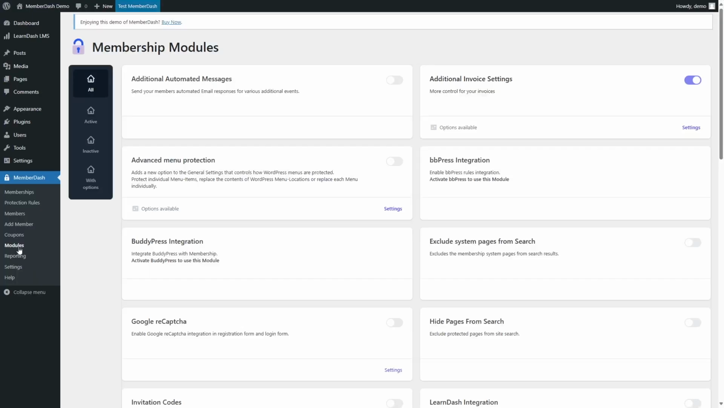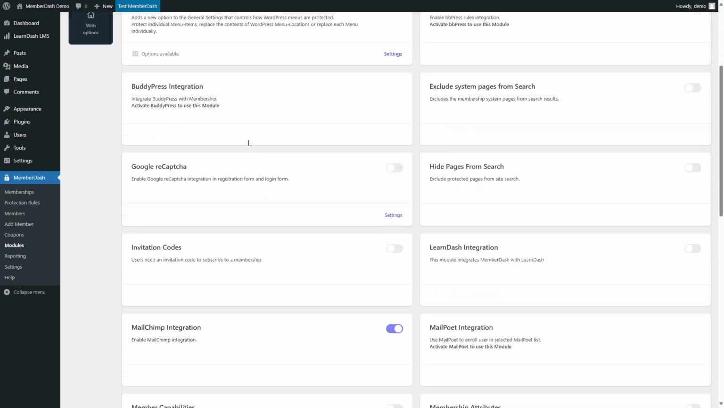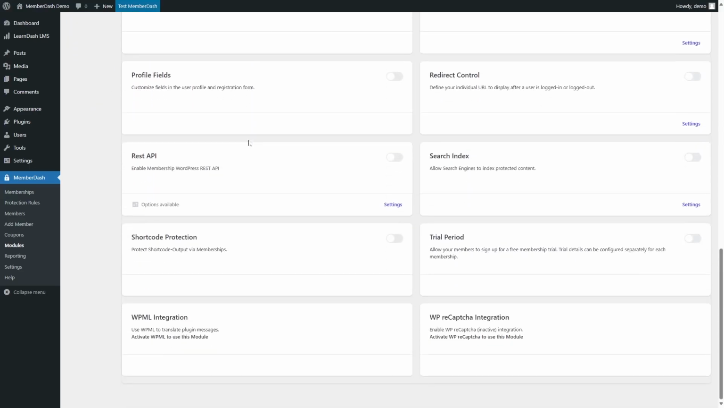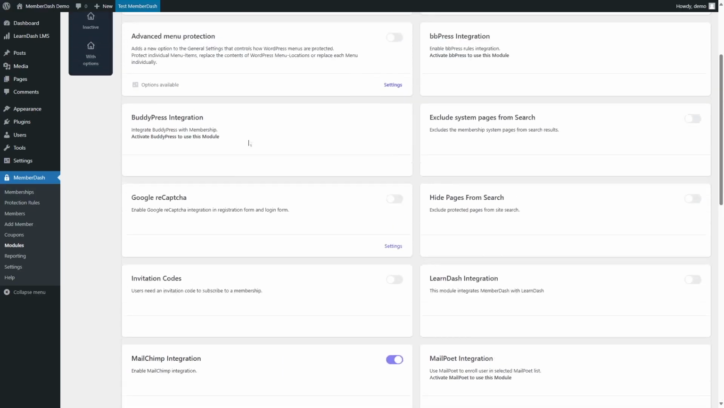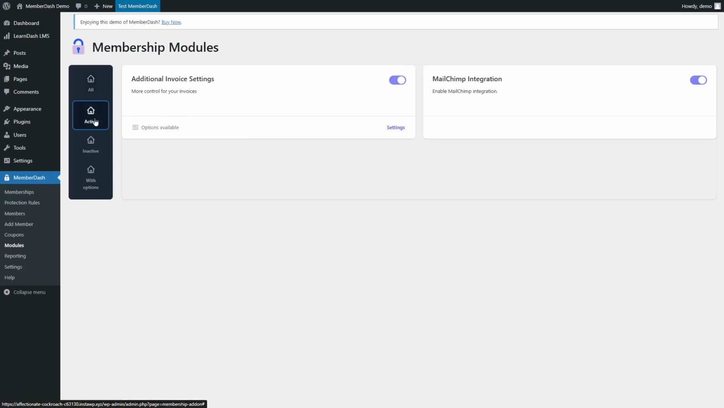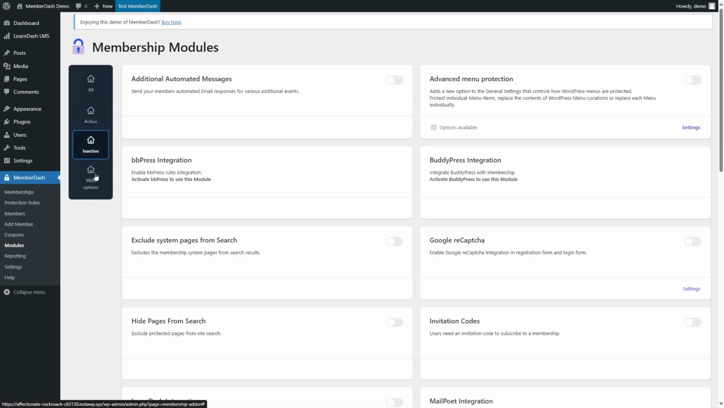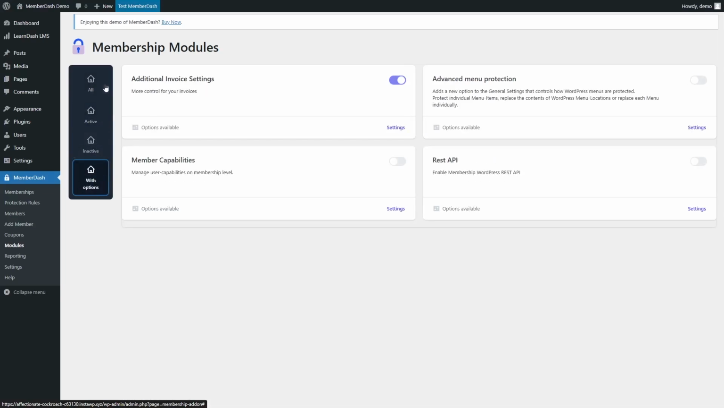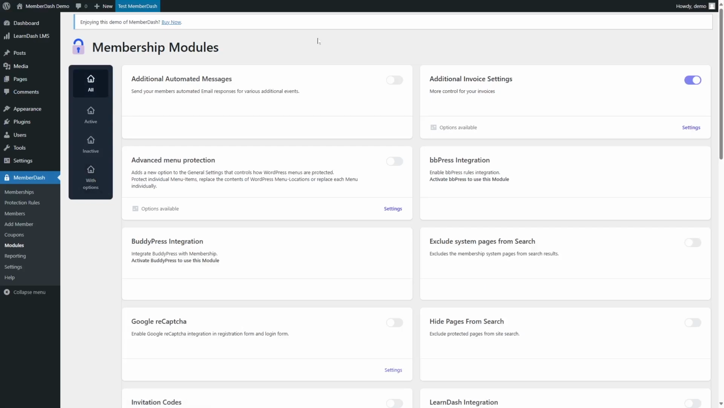Now, the next feature that I want to talk about is the membership modules. And we briefly saw this when we were discussing the multiple memberships module. So these actually add extra features to your site. You have the option to view all of the modules, only the active ones, only the inactive ones, or with options. Okay, I'm going to select the All tab, and over here you can see there are modules such as